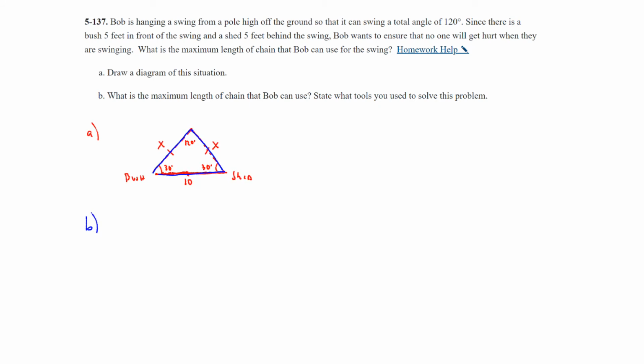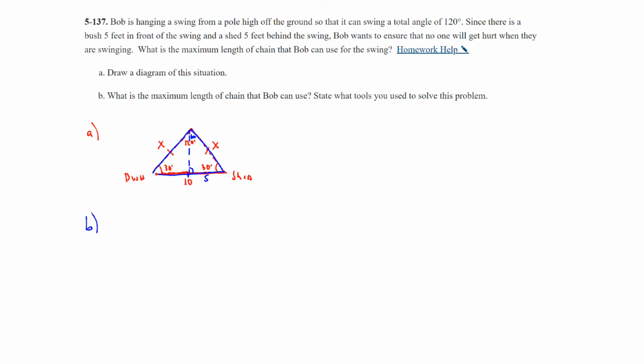So to find x, we potentially could break this up into a 30, 60, 90 triangle, and we could use our special right triangles to help us solve this. We do know that the bottom base is 10, but for the 30, 60, 90, they would both be 5. And that would be the long leg. Now, we haven't done a lot with where we're given the long leg, but we can work backwards from that,